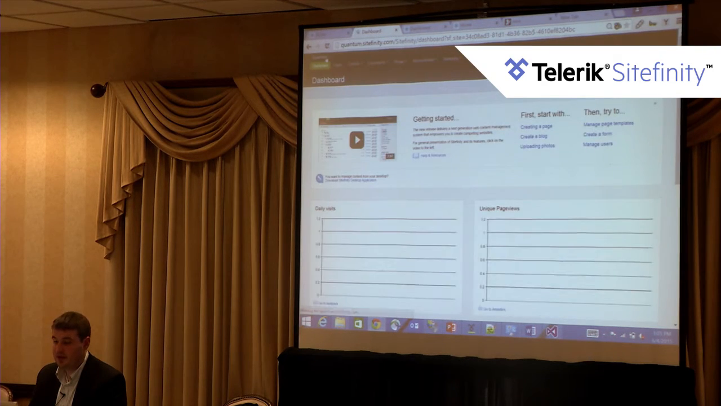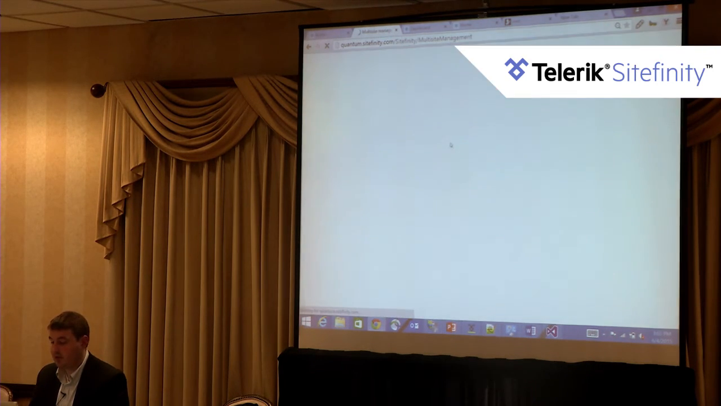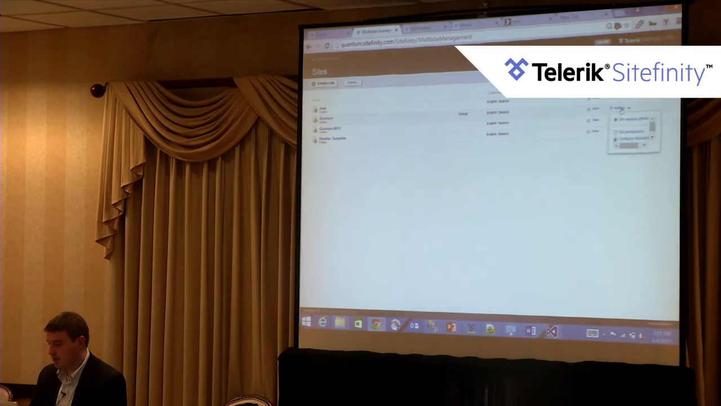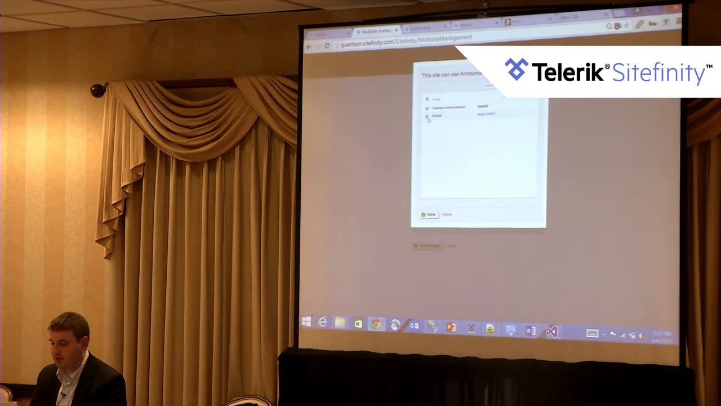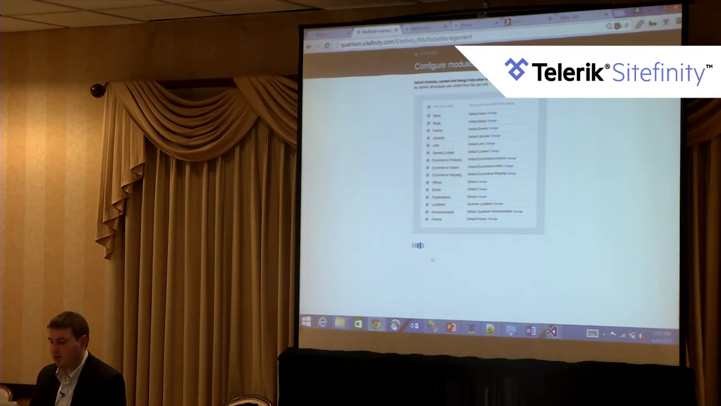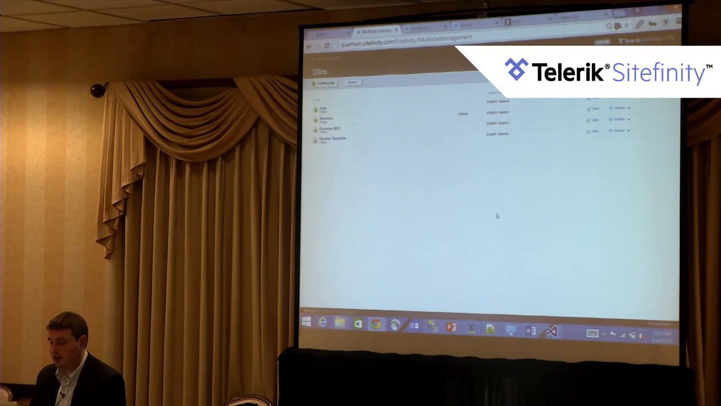So now that it's synchronized, I'll go back to manage my sites, and in our Quantum site, I will configure the modules again, and we can turn on our announcements module. And it currently has a Quantum Announcements data provider, but if you'll remember, we synced to our default data provider with our announcements module. So I have to turn that on as well so we can see the results of